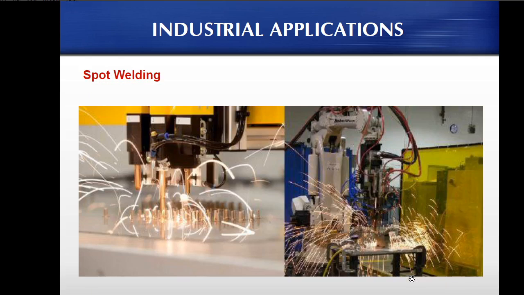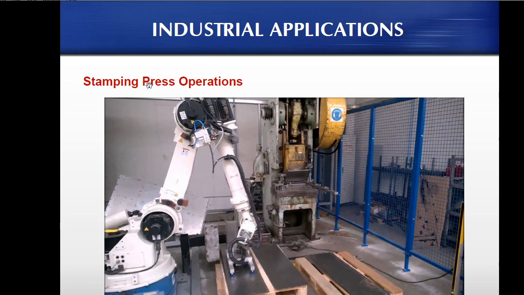Now we have the spot welding application where you can see that only several points are welded. So this is a material and I need to attach this particular metal at several points on the surface. So only those points are being welded. That is known as spot welding. And stamp pressing means same size of metals. So we will be having a metal sheet and it will be cut into a uniform size and they are being departed. So this is known as a stamp pressing operation.